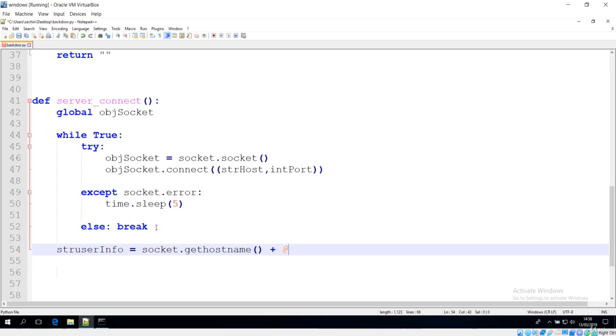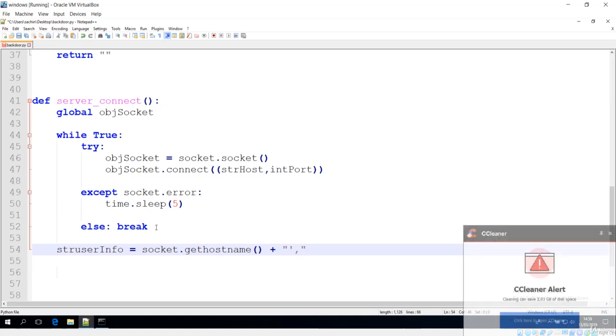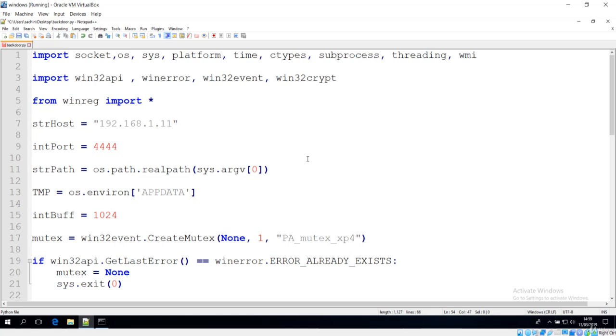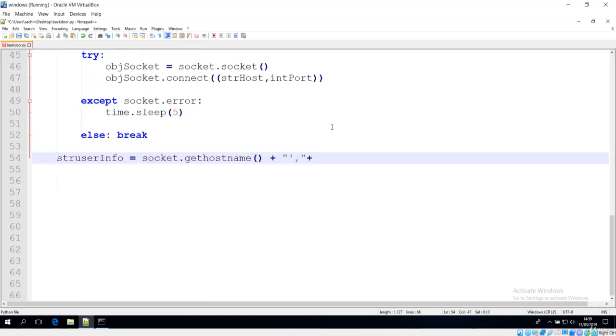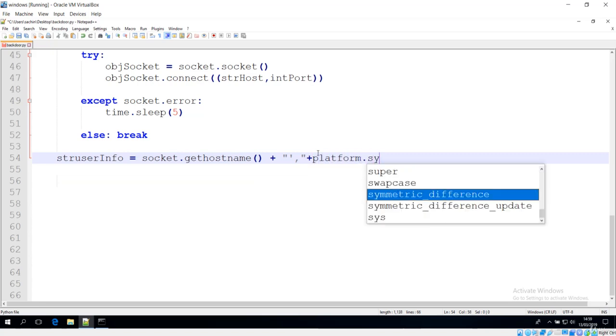Let me concatenate it with this colon, and now what you need to add is from the platform module we imported. We want the system of that platform, so I'll say platform.system.